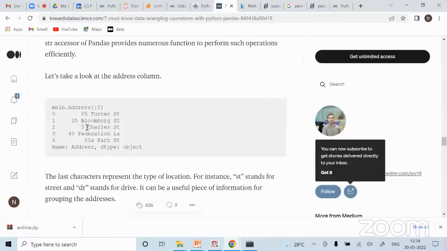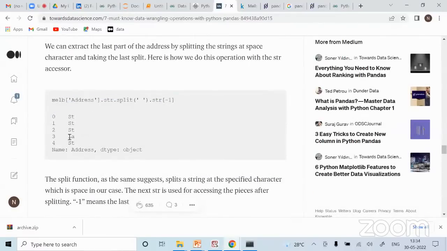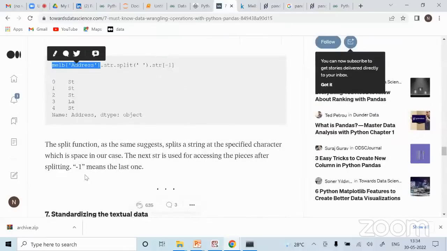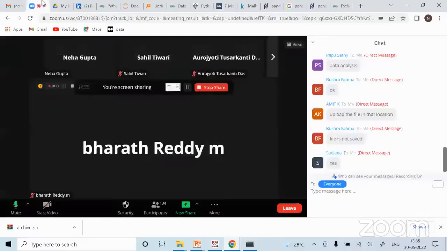There is just one single space, maybe Charles and ST. So I don't know, if I start from zero, what the last number is. But I know for sure, because I am interested only in the last part, so I directly get the last part using -1. As you can see here, with this address I have got this new column. Either you can save it in the same column, or you can put it in a different column. A minus means last one, that's all. So you have got this new extra information. That's how you can extract information from the date or from the text column, whatever you want. Again, this is also a very important step. Any confusion so far?